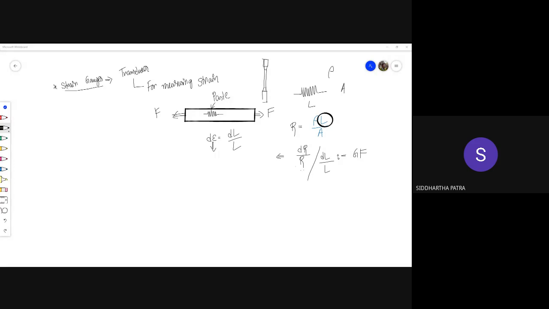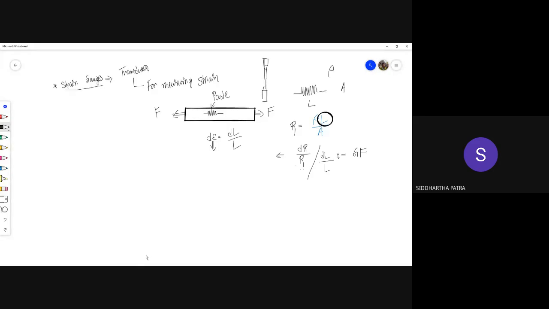Of course, we can take help of rheostat and all, but a strain gauge uses a much more elegant way to do what we are trying to do here, which is basically measure the change in resistance and therefore measure the change in the length. Okay, so a strain gauge incorporates Wheatstone bridge.